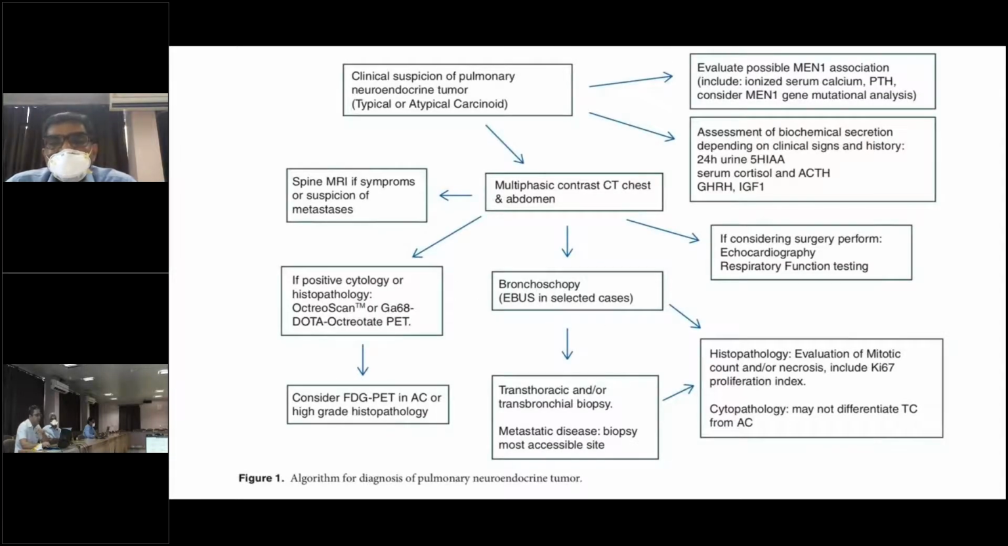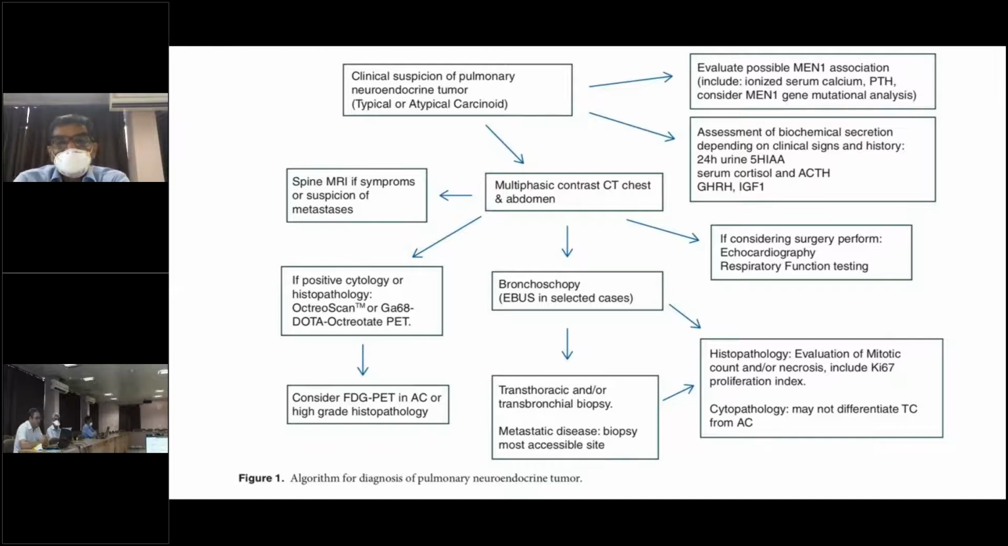So this is just an overview of how you suspect a pulmonary neuroendocrine tumor, which pulmonary carcinoid is also called. There are three classifications of pulmonary carcinoid or neuroendocrine tumor. One is typical, atypical, or metastatic or carcinomatous variety, which can be a small cell lung cancer or large cell neuroendocrine carcinoma. And once you suspect pulmonary neuroendocrine tumor, then you follow a method with which you can diagnose them,